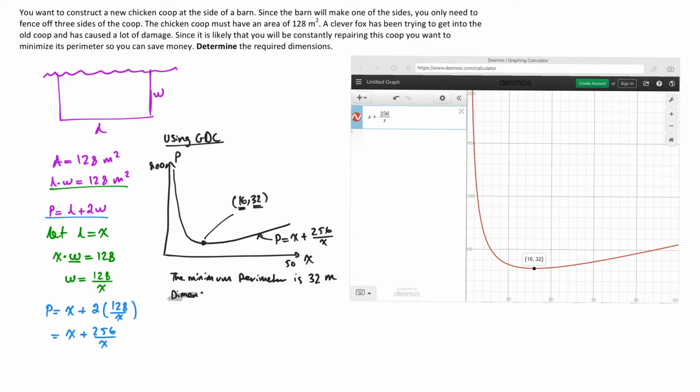For the dimensions, I know that I have set my length to be x, which has a value of 16 for its minimum, and my width is equal to 128 divided by x, which is equal to 128 divided by 16, which is equal to 8 meters, and length is 16 meters. So therefore the dimensions are